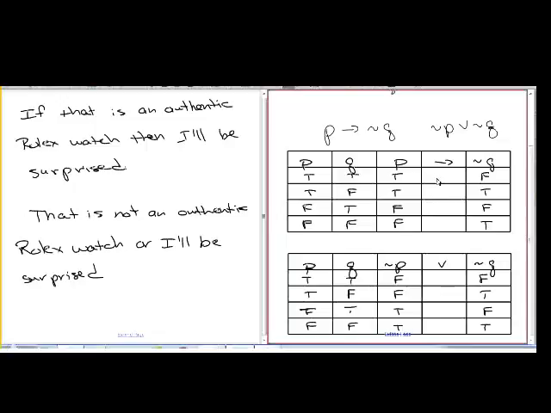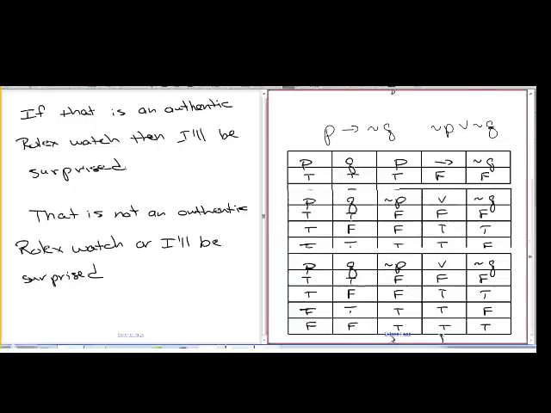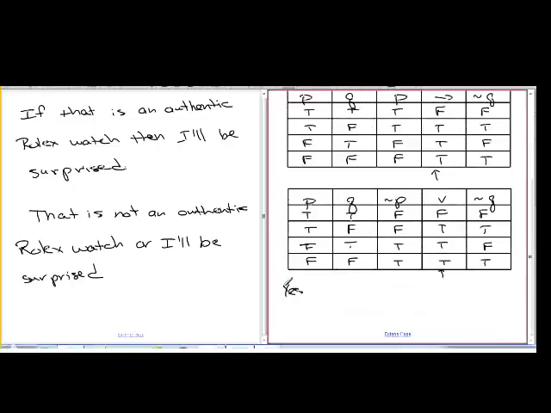Then if-then statement. This is the only one that's false. All the others are true. And the or statement is false only when they're both false. So this is false. That's true. That's true. That's true. Hey, so these are the same. So if I ask you this question, are these equivalent statements? You would say yes. They are equivalent statements